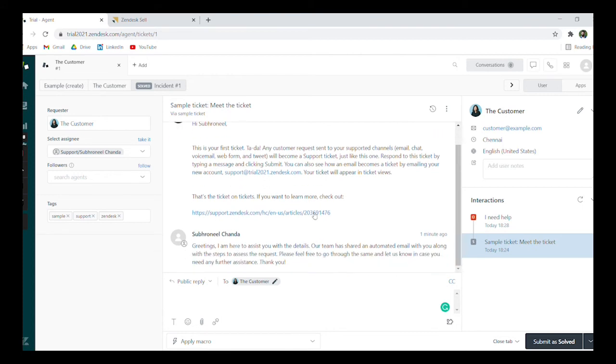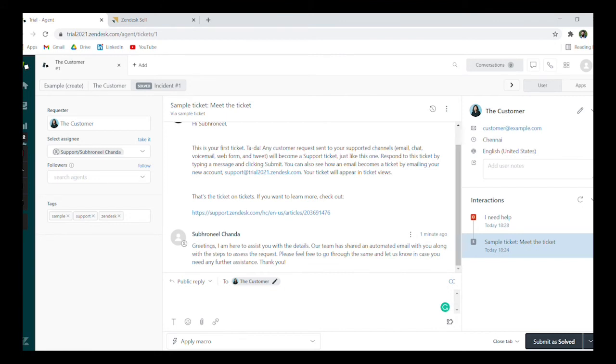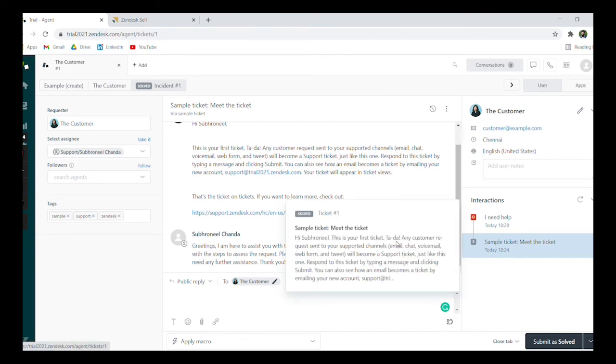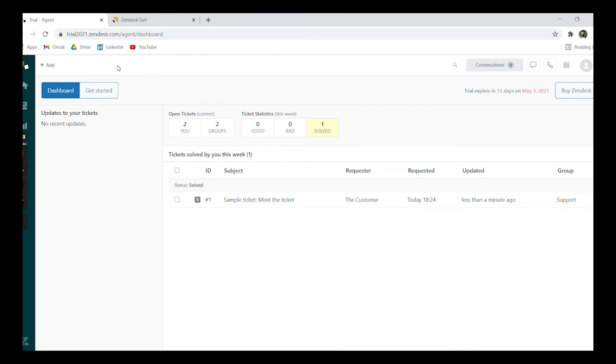You can also check on the right side panel that the icon to that particular interaction has turned gray and the status is showing as solved. This way, each ticket will have a uniform journey and will allow for agents to switch back and forth between customers and ensure that the communication is effective right from the get-go.